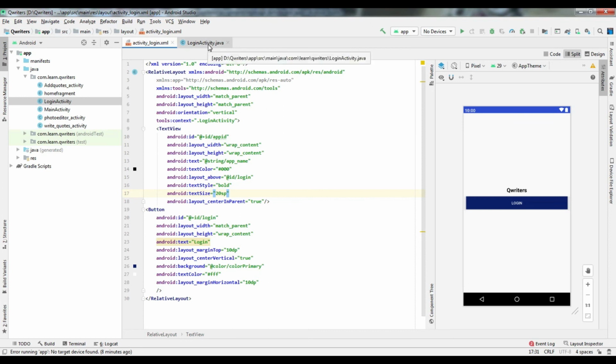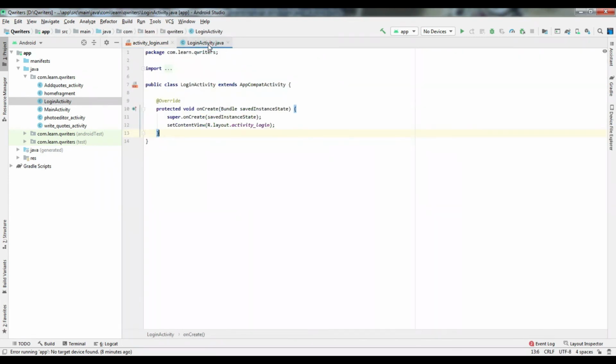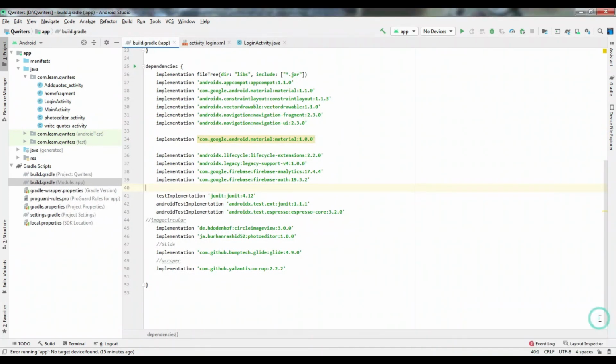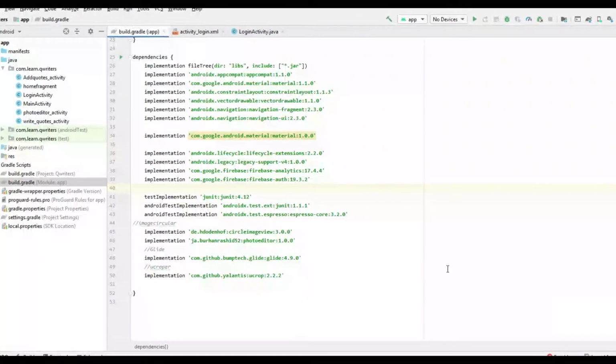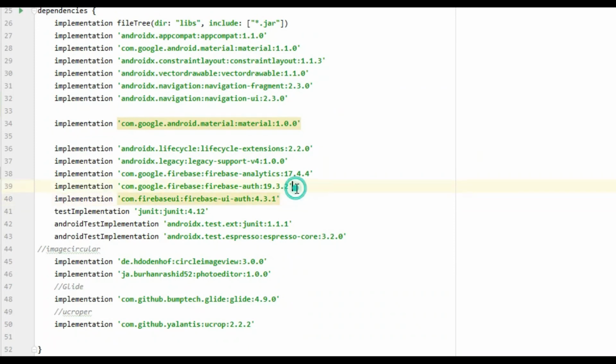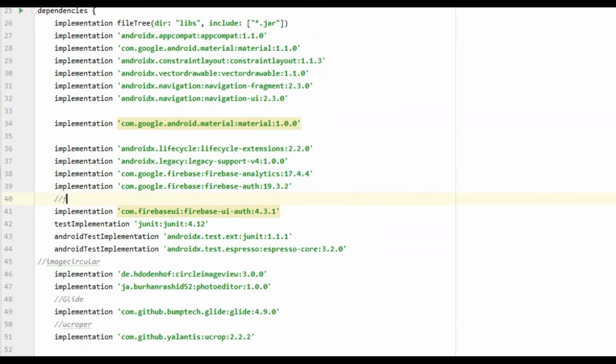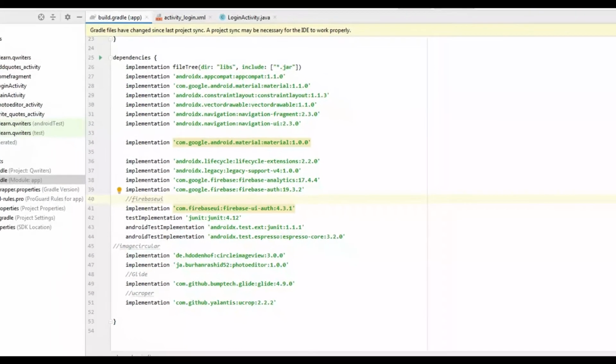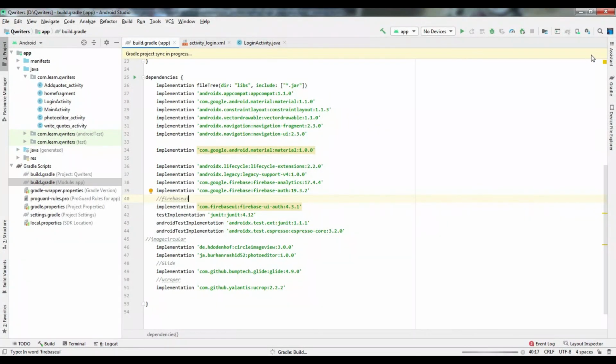In my previous video I have shown you how to use various authentications. In this app also, we'll be using authentication using Firebase UI. So let's get started. In order to add Google authentication to our app, we have to use Firebase Auth UI, and I'll be pasting the dependency here. This is the Firebase UI dependency. Just click on sync after adding the dependency, and it will be syncing.